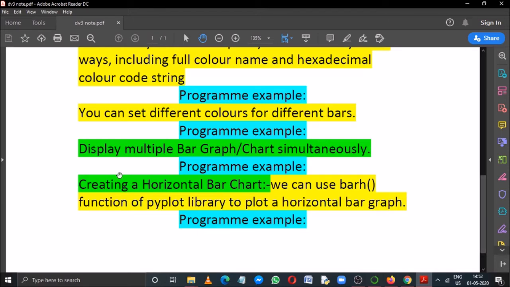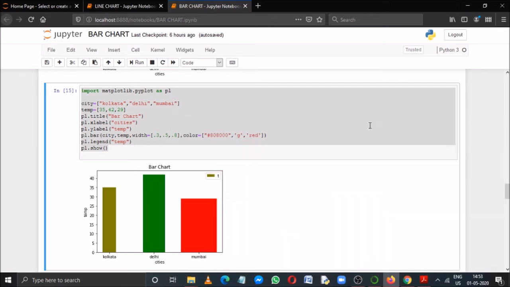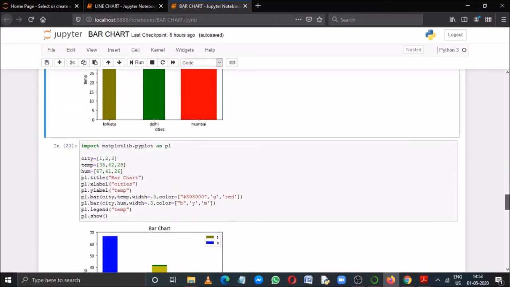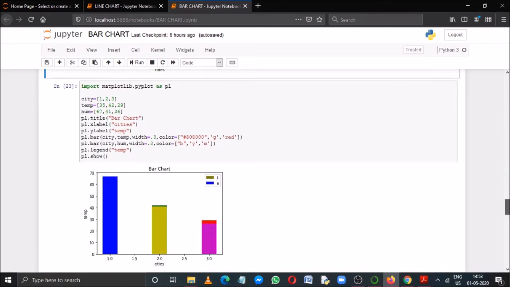Then display multiple bar graphs, multiple charts simultaneously within the same program. See how to do it. Suppose like the multiple line charts, if you want, you can use multiple bar graphs also. Check the program.